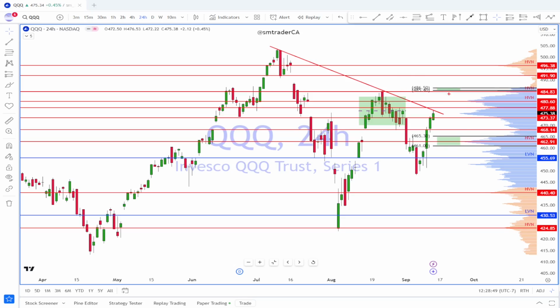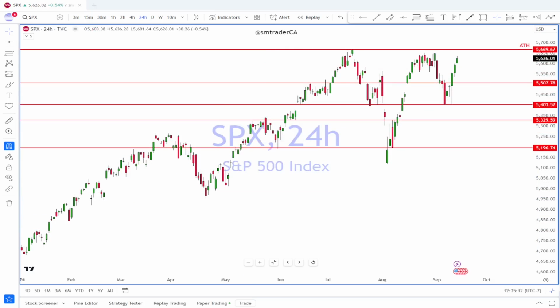So we'll be watching to see would it be able to break this trend line and come up to this 485 area, this upper range, and take out this pivot high, and see would it get to this low volume area and into this balance area, and that maybe will put the all-time high in play for the near future. So is the S&P 500 forming a top?